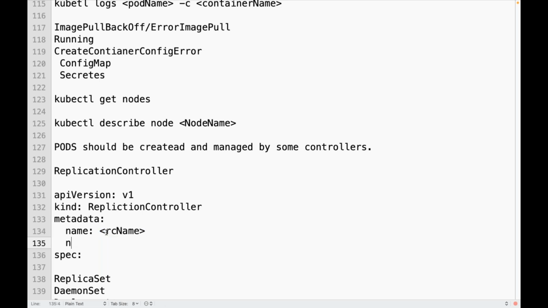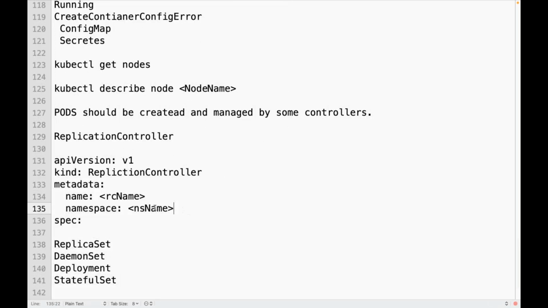RC name. Can I mention namespace also? In which namespace this replication controller has to be created, and in which namespace the associated pod should be created? Yes, that can be any namespace as per your requirement.